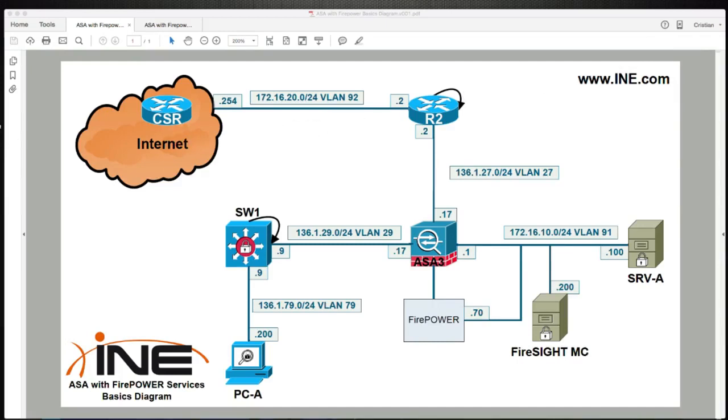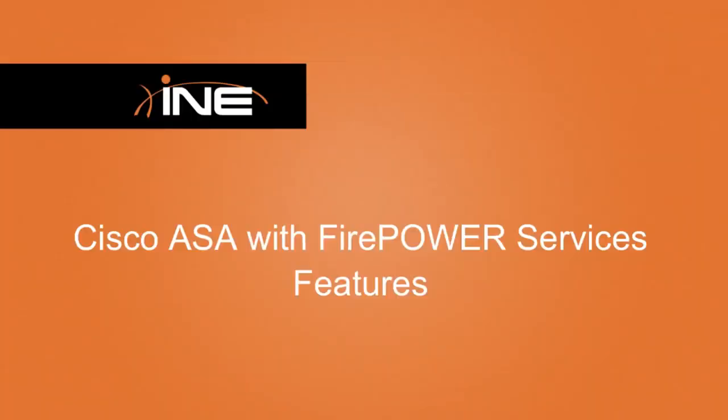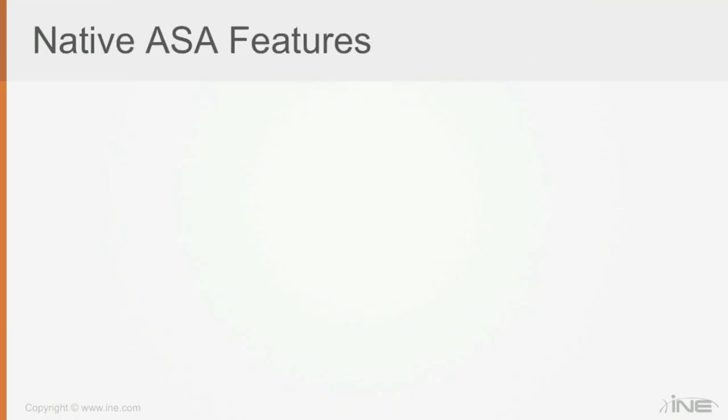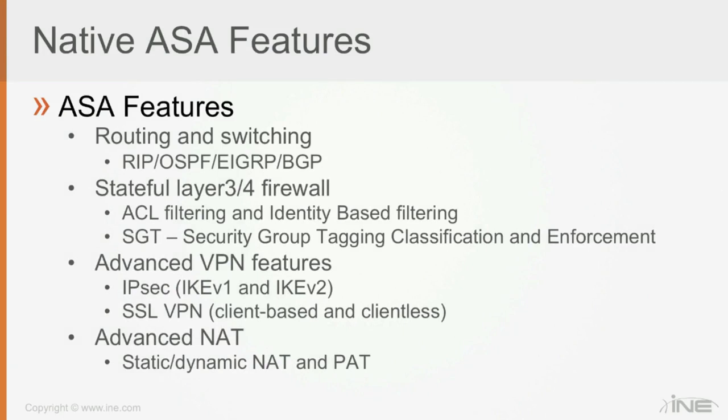So the ASA with Firepower services still means nowadays both a joint venture between the native ASA features and the ASA with Firepower services. What that means is that we still have clearly the ASA features available, which is a very good firewall and VPN concentrator. So routing and switching is built in on the box, using of course the native ASA code, which is OSPF, EIGRP, BGP. Cisco also added zoning support on the ASA in the 9 code